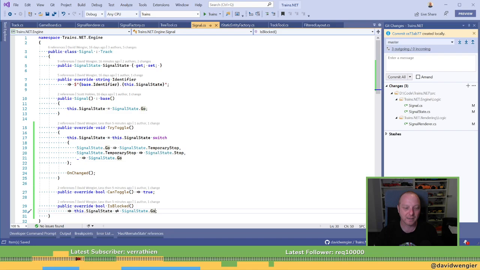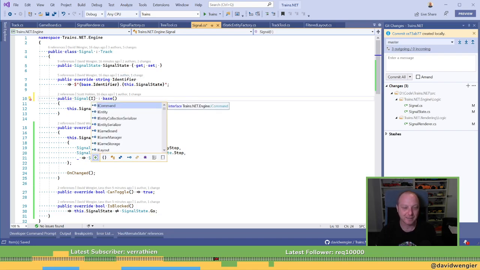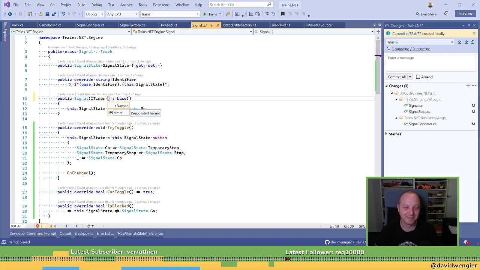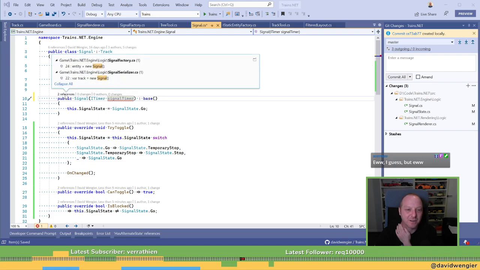And here's the fun part. Timer. Oh, it's not a DI thing. Damn it. That actually might be okay, as long as only the factory, the serializer.